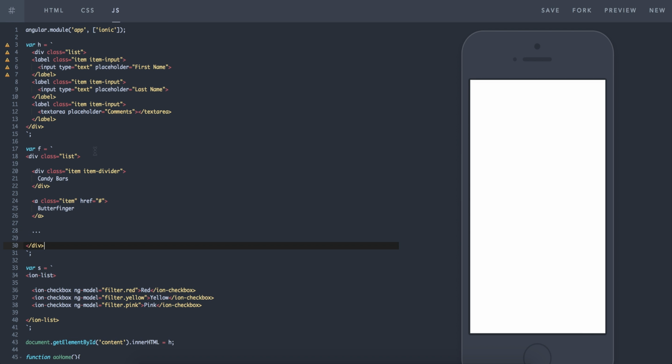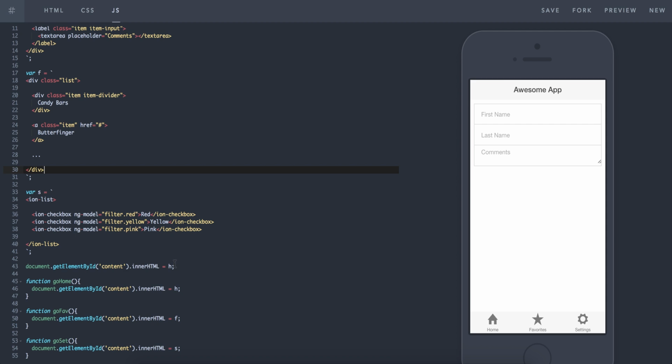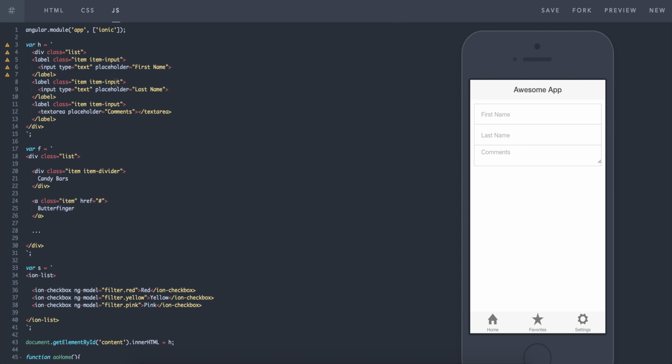So we got some code pasted inside of H, F, and S. So basically the H is getting set. Remember, that's the default one right here. And anytime we click on home, it's going to go to that same H. So home right now just has this code, which is for inputs. Favorites, when you click on that, it goes to this code, which is the F here. And then settings, it goes to,